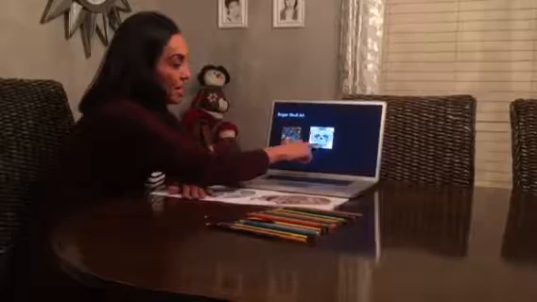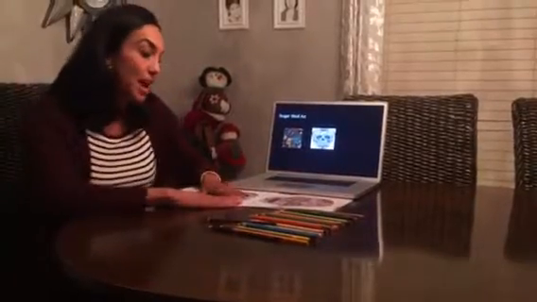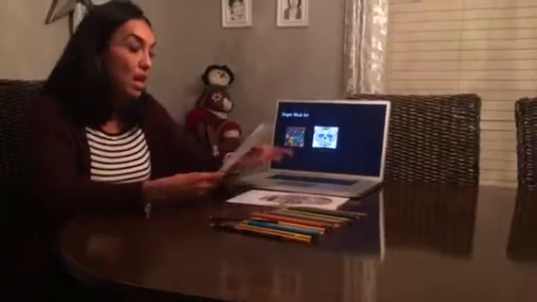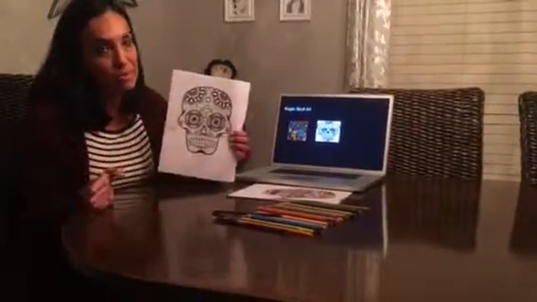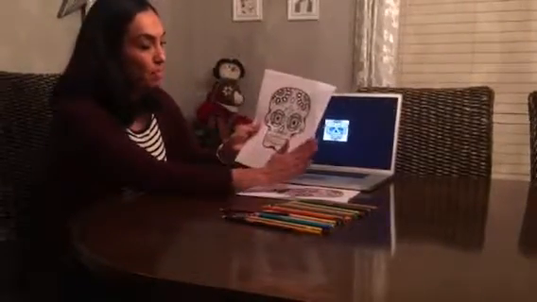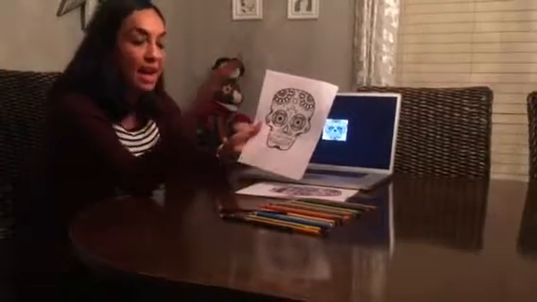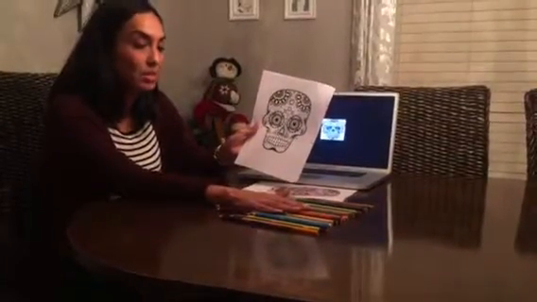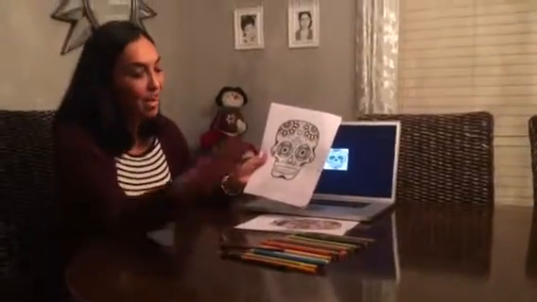And these are just other examples of the skulls. So what I'm going to do is I've prepared for you all some copies of a sugar skull. We don't have time to make a sugar skull during this presentation, but my photocopies aren't the best, but I did make some photocopies of sugar skulls, and I have my colored pencils. As you can see, I have a lot of colored pencils because we can use a lot of color.